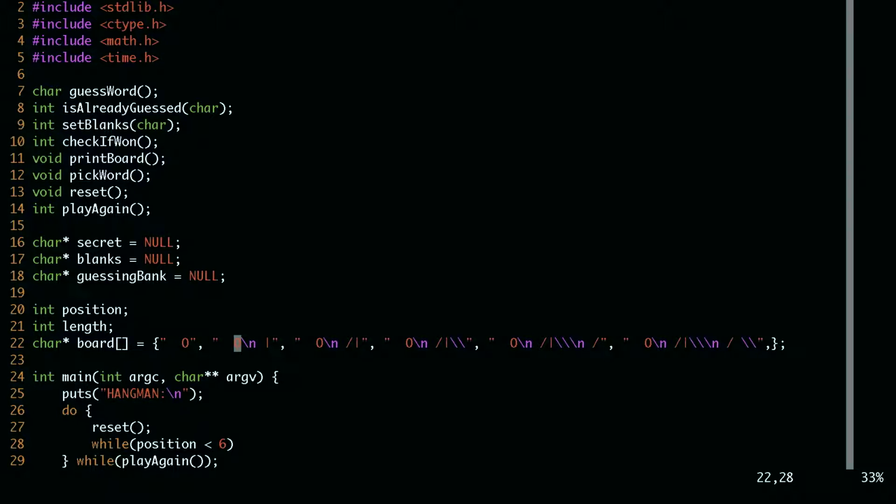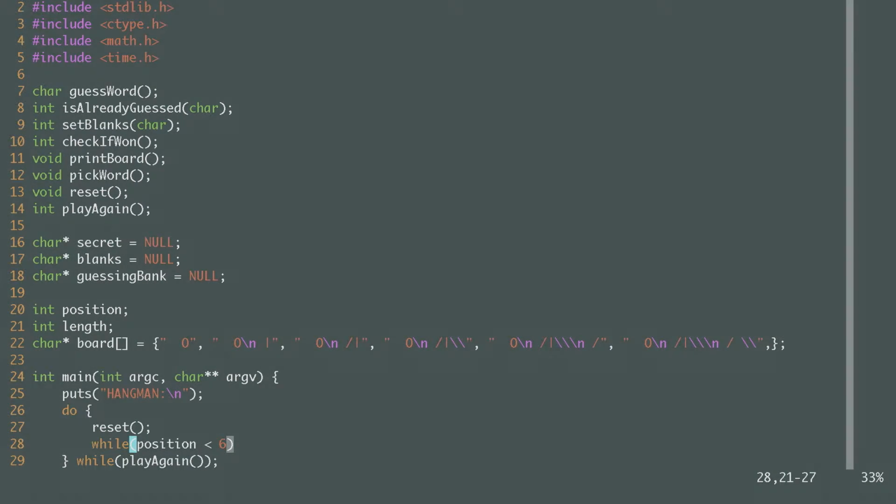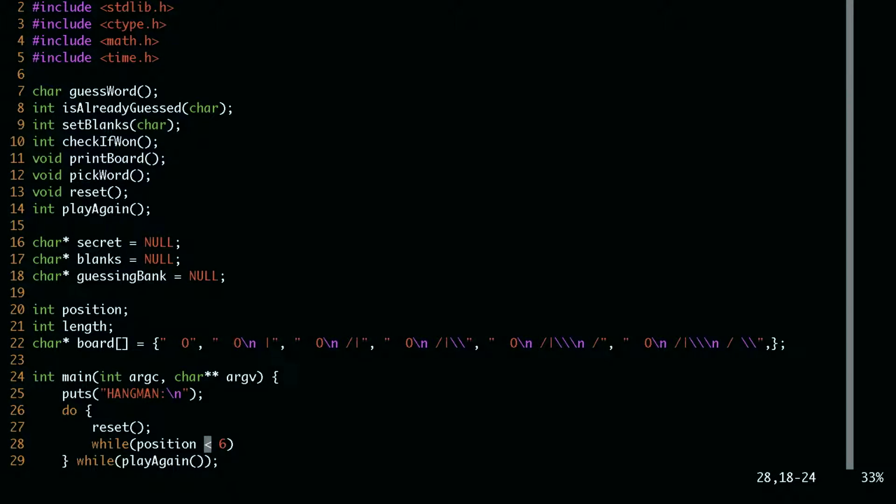We have a head, and then another head, another head, another head, another head. So that is a total of 6 heads, right? Since we have a total of 6, we would only want to execute this loop and continue playing the game if our position is less than 6,